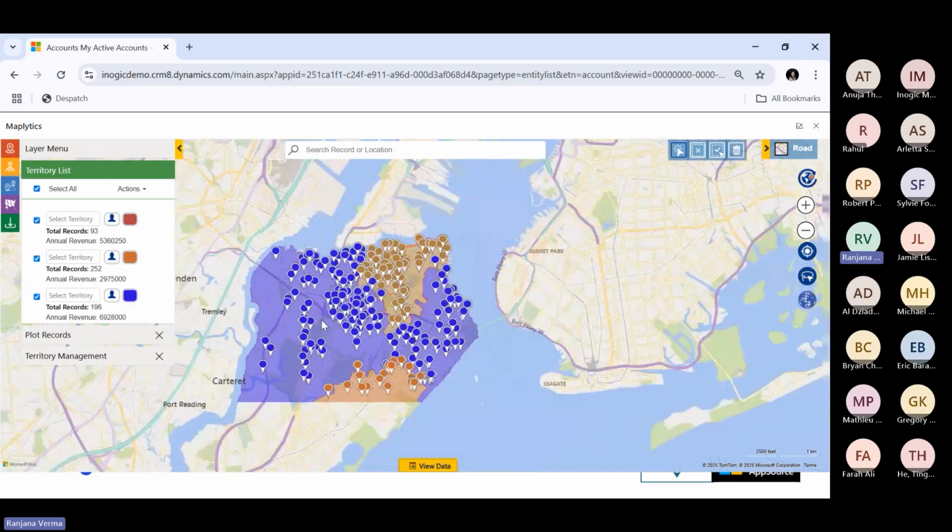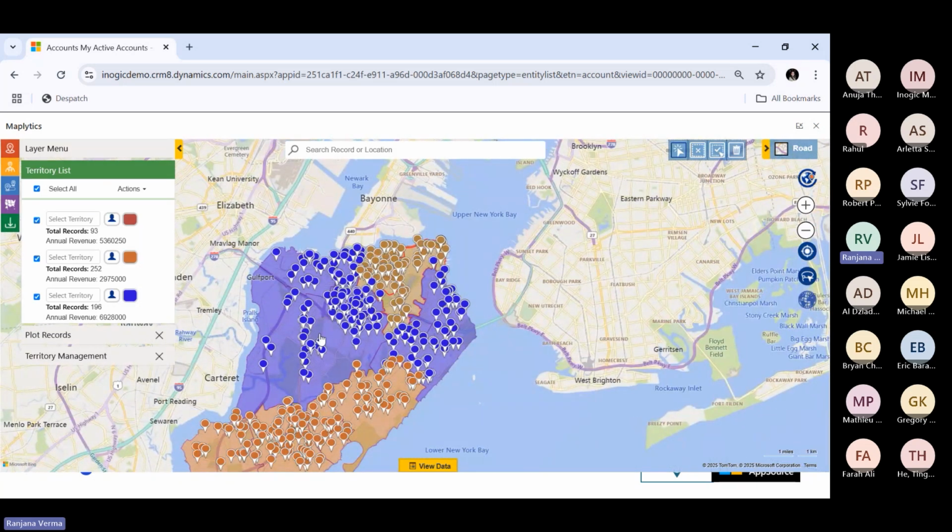Okay, or let's say this particular postal code, this is a very big one. Okay, so I want this to be shared between both of them. So in that case, instead of going for move to, I use the copy to option. And this becomes a shared territory or an overlapping territory that I have created. Okay, so this is how easy it is to align your territories, not only based on count, but also based